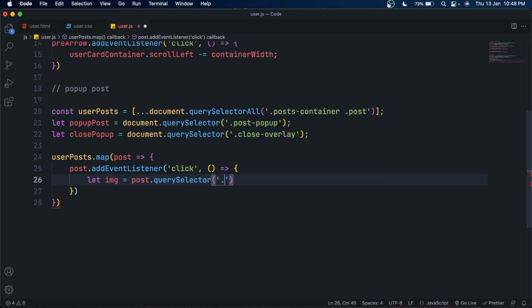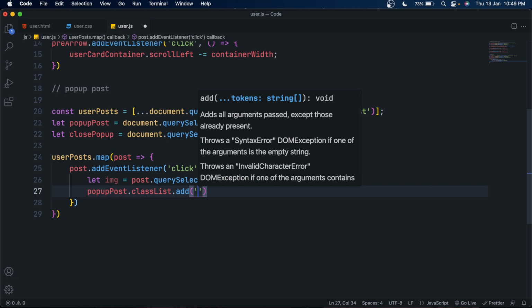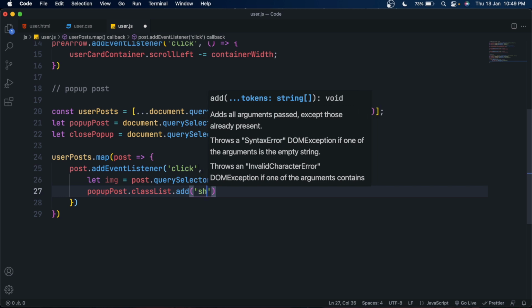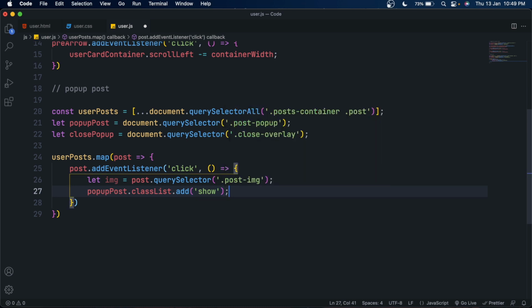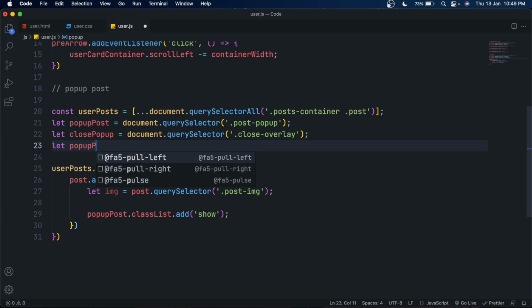Well, the querySelector method returns the elements from the HTML, whether you use document. or post. It just decides where you have to select from, and we just wanted to select under the post element. That's why I'm using post.querySelector. Great. And once you select the image, use classList.add to add the show class to the pop-up post. I forgot to select the pop-up post image element, so select it using document.querySelector.